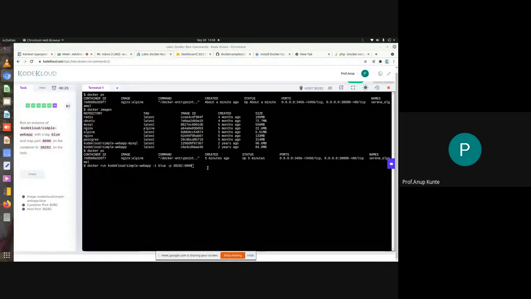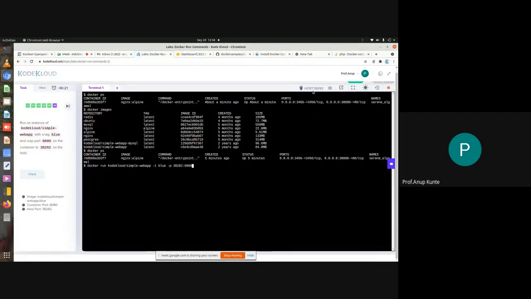So now what I mean is here in this interface, there is this host colon 38282. So this is a web access URL for accessing the 38282 port of the host machine of this terminal that is running. They have given you a link to access it. So this is a link to access the 38282 port of the host machine on which this terminal access you are obtaining. So I'll just click on that.